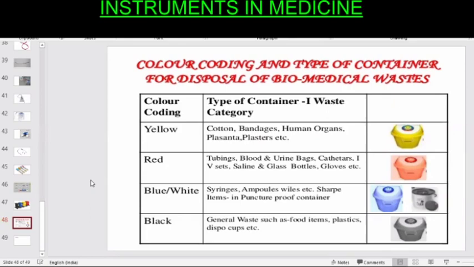Sir, in this chart, the blood is actually a contaminated product. So shouldn't it be disposed in yellow bag? And urine is for red bag. No, even the blood items go in the red bag. But I'll update you regarding this protocol if there is a change. In TSM, I suppose the urine bag is disposed in yellow bag, whereas the urine is thrown in red. Whereas in case of the blood, since it may be possible that the blood products can be attached to the bag, we dispose of the bag in the yellow bag, I suppose. I'll just update you regarding this if there is a change. Okay, sir.